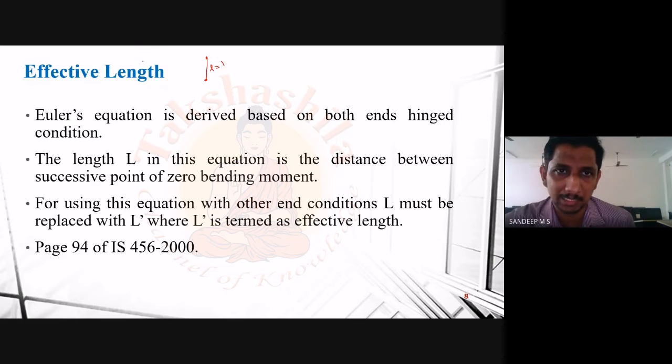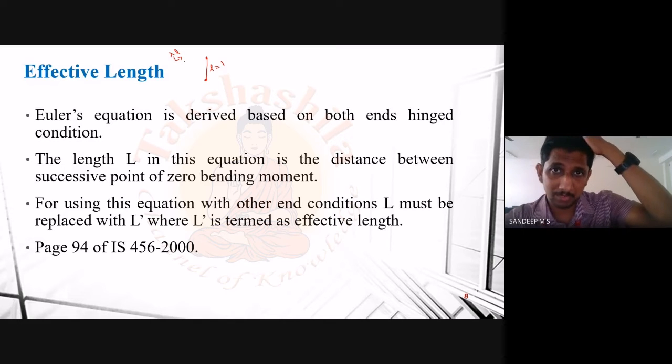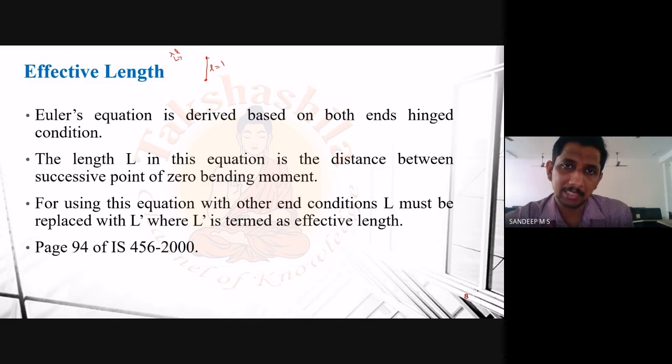Okay, we will be selecting a factor. I don't know how you have represented it. Was it lambda, lambda times L? Have you taken it like that? And this lambda will actually vary based on the end condition of our columns. So the thing that we have to understand is the concept of effective length, which arises when we